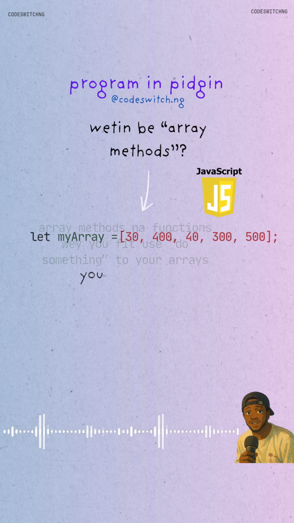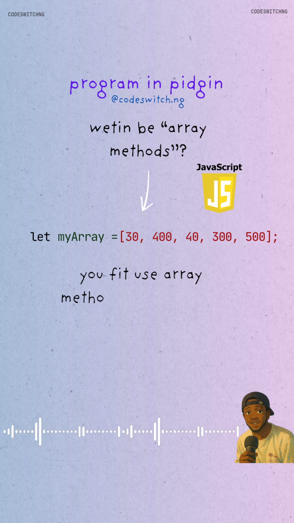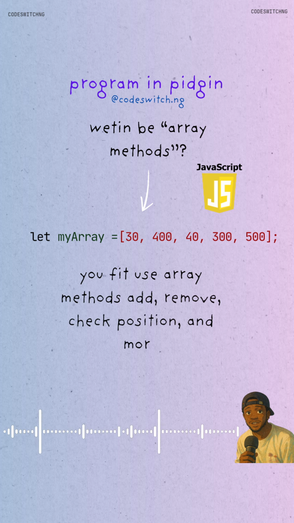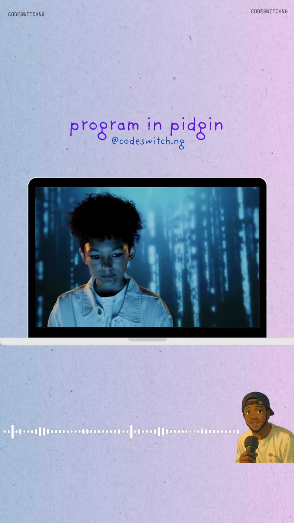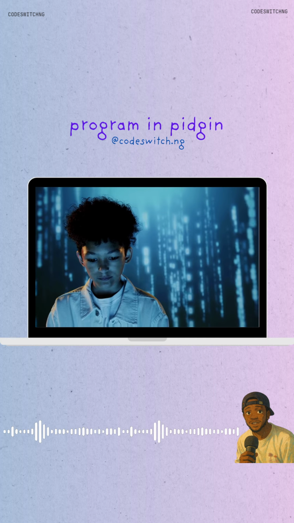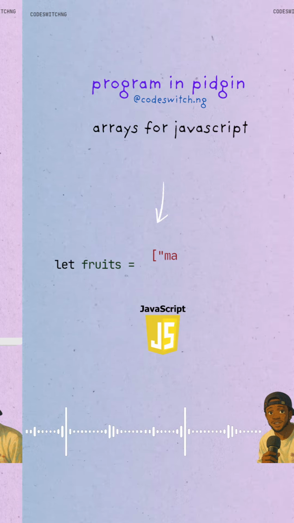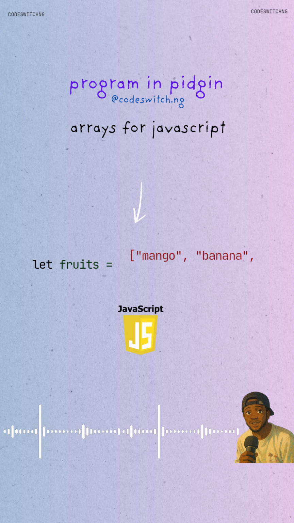You fit use array method add new item for your array, you fit use am remove, you fit use am go through your array, and you fit use am check the position of one item for your array among many other things. For instance, if I get array wey contain all of these fruits and I wan add another fruit